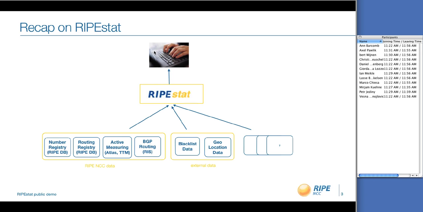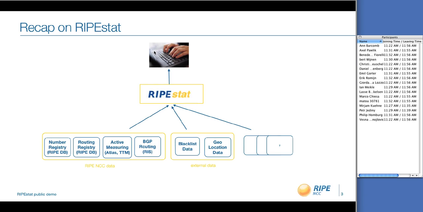We try to get all the data that we have from different sources, like the RIPE database, the routing registry, which is also in the RIPE database, our active measurements, like RIPE Atlas and TTM, and so on, our BGP routing measurements, the RIS, and also external data like blacklist data and geolocation data that we get, plus a lot of other data sets, hopefully in the future, also from academics and so on. And we put this all together in one place so that you can see all the information in one place, and you can put it in correlation to each other.